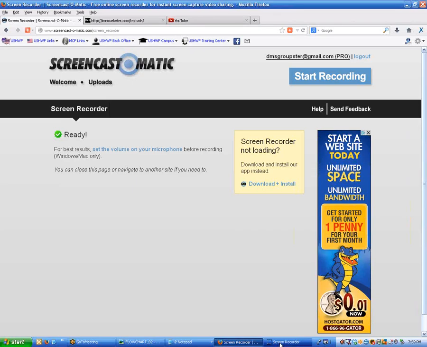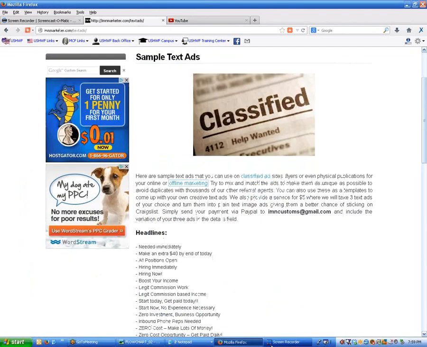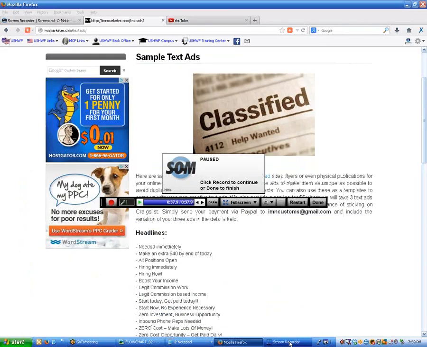Go back to screen recorder. You can change up. You can change tabs. Come back to screen recorder and say start or restart or done. You can even open up your webcam and put yourself down here in the corner while you're working and talking